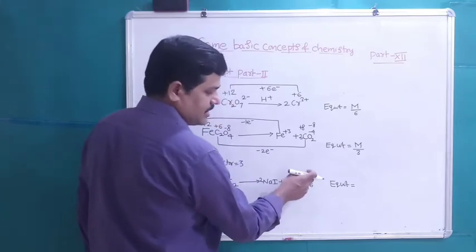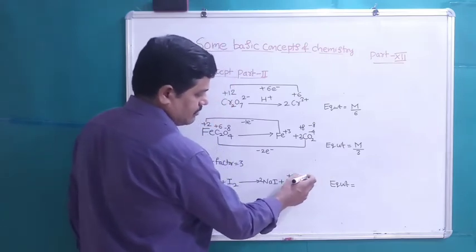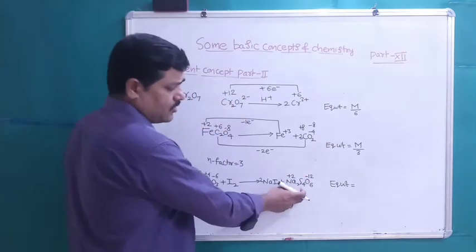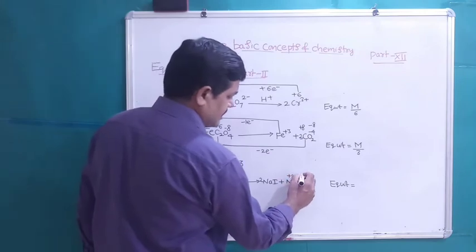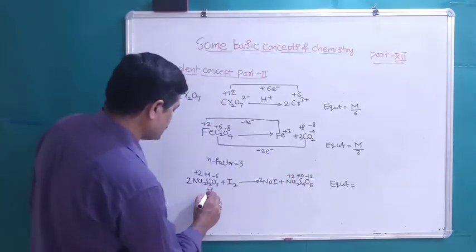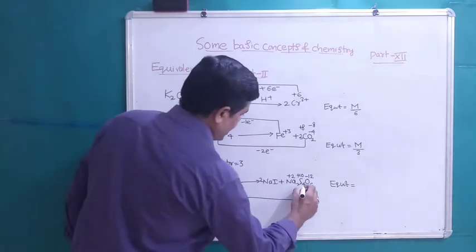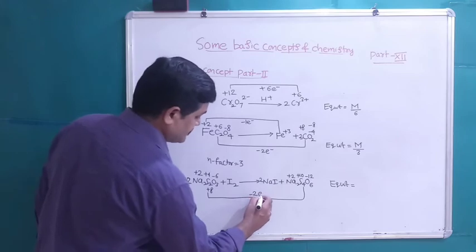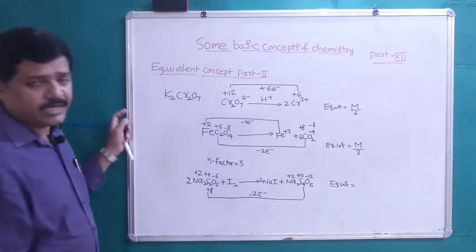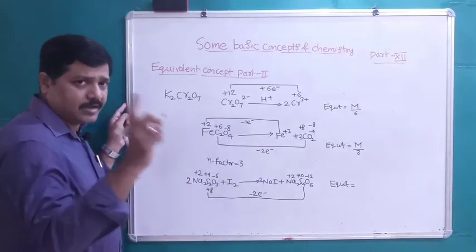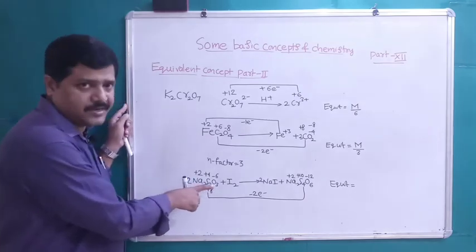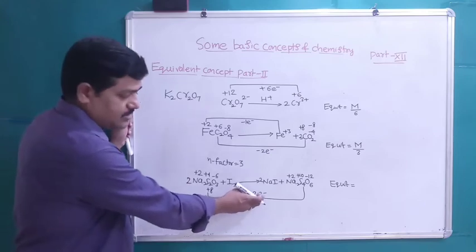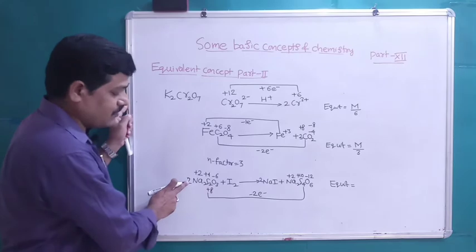6 oxygens minus 2 is a general oxidation state. Minus 2 into 6 is minus 12. Then for 4 sulfurs, oxidation state is plus 10, right? For 4 sulfurs, plus 8 to plus 10 it is going, means it is losing 2 electrons. Students, here equivalent weight we need to calculate for only one molecule of sodium thiosulfate. For 2 molecules, the number of electrons lost is 2 electrons, right? For one molecule